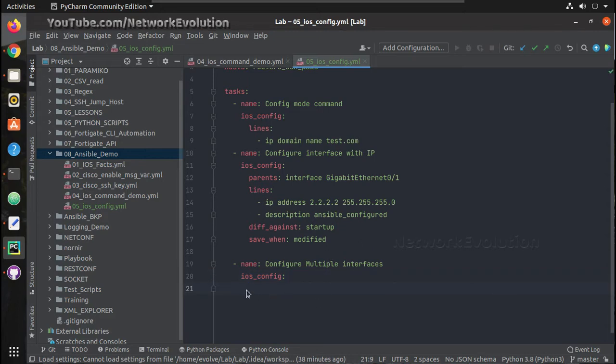Here what we need to do is we need to use with items, and under that we need to give the interface names, and give 2 and 3 here, and above that we need to give the parents.